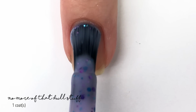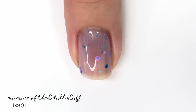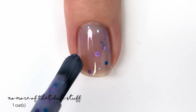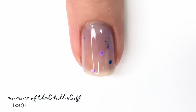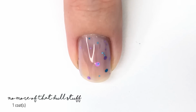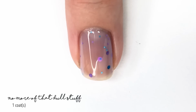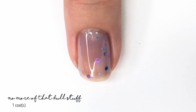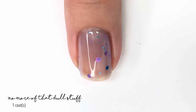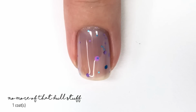Now we have a Crelly, and this one is called No More of That Dull Stuff, and this is like a light lavender Crelly. As you can see here, it does go on rather thin, but it's going to build up beautifully. This has a mixture of different shapes and sizes of glitters, mainly all kind of like the hexagon shape, but we've got a variation of turquoise, dark purple, light lavender. There's actually some round lavender ones in there, and then of course we have some little micro glitters, and some of those match the bigger lavender ones, but in addition we also have some square turquoise ones